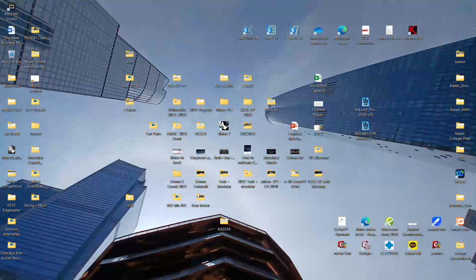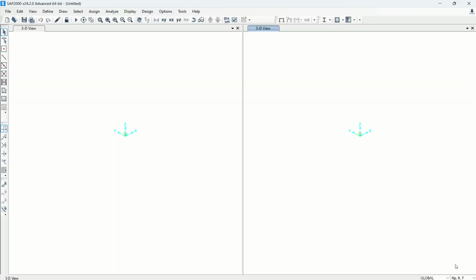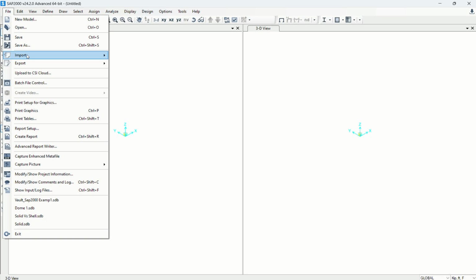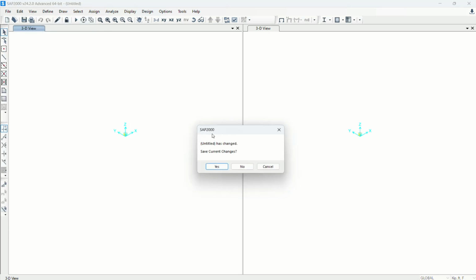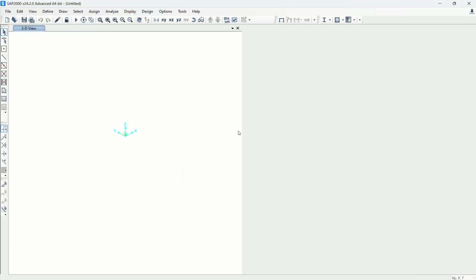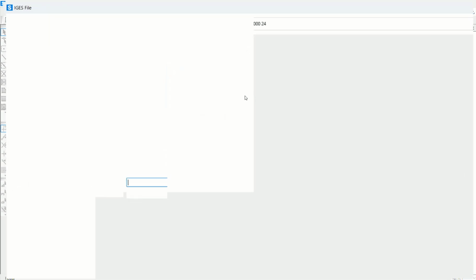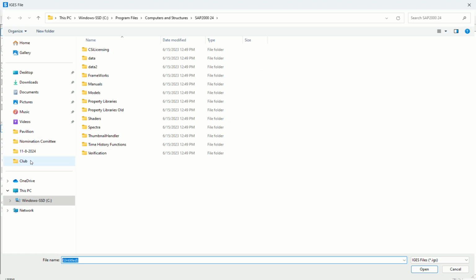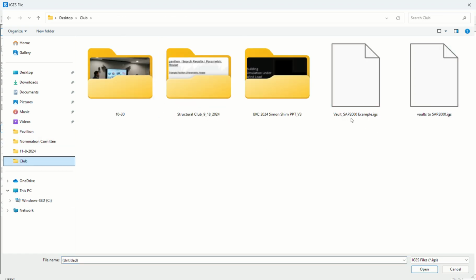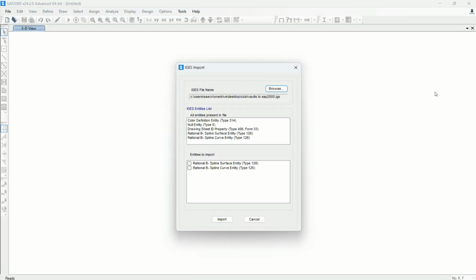So now I'm going to open SAP, but I need to make sure this is the same unit, feet. I'm going to go and import the IGS file. And then I'm going to click that file. I'm going to bring line and